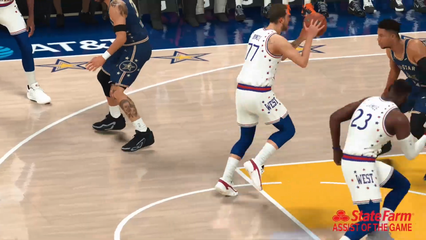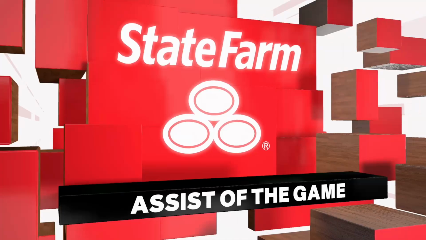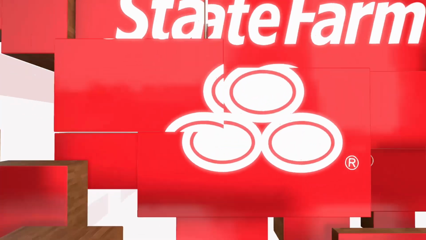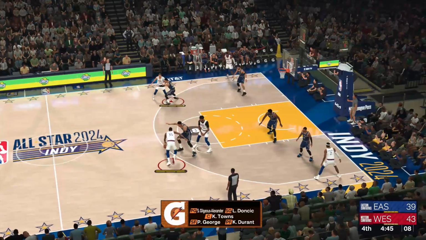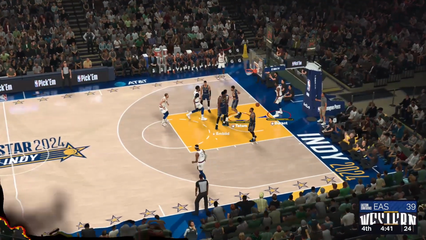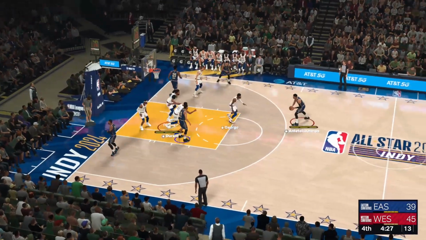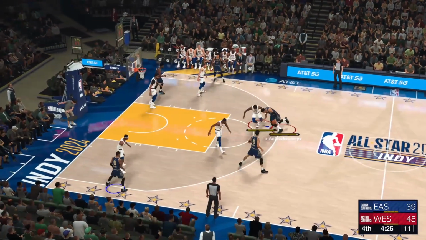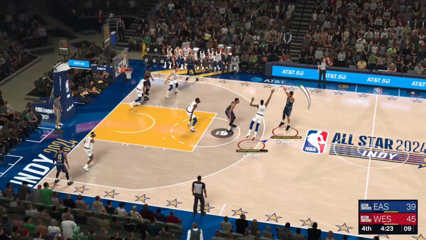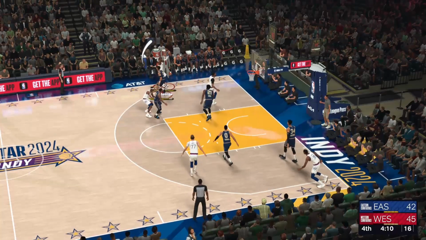Slice the defense wide open with this feed. They had no chance to prevent that basket. Yeah, that's just a brilliant read of the defense. Then there's Shai Gilgeous-Alexander. And it's George in at the small forward. So that's some good ball movement here by the East. Tatum drives in. Antetokounmpo kicks to Tatum. Good. And Gilgeous-Alexander passes to George.